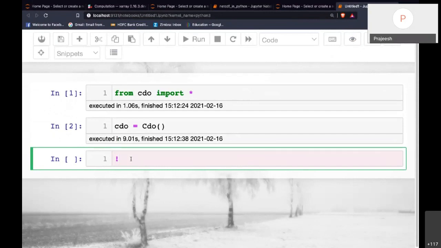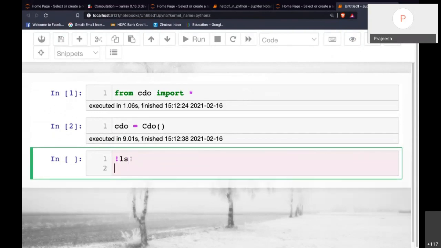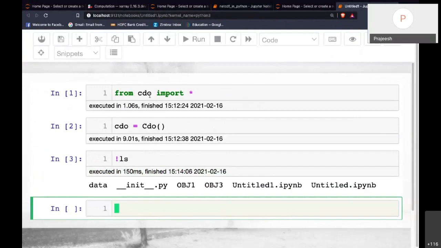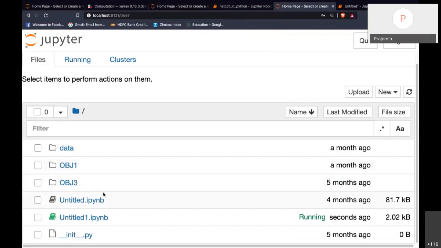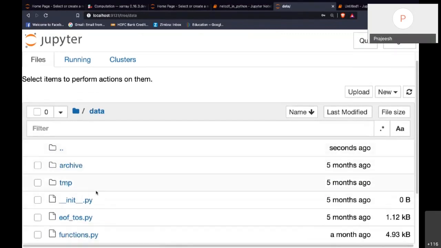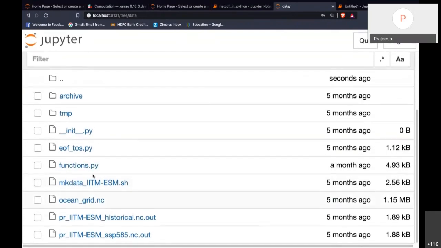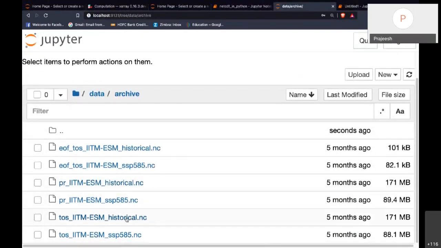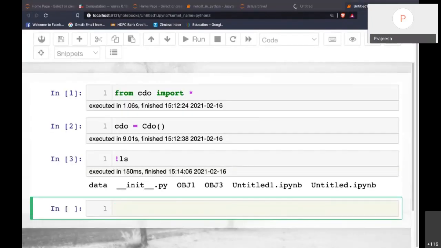So let me check where this is opened. Okay. Yeah, so there are some data sets here. I will show some examples from here.